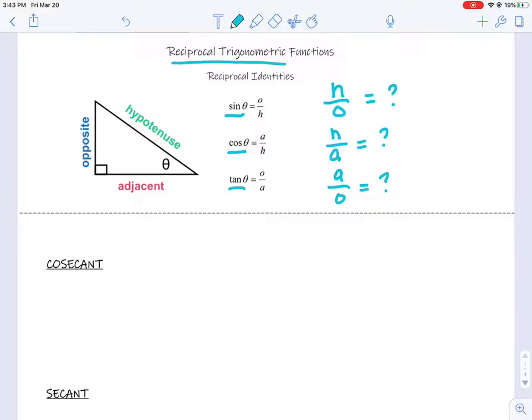So we do have names for those ratios, and these are going to be the reciprocal trig functions. If we just recall what this phrase reciprocal means: take that fraction and flip it. So my numerator is now my denominator, and my denominator is now my numerator. So let's take a look at what these names of the functions are. Our first one is cosecant. Cosecant is the reciprocal